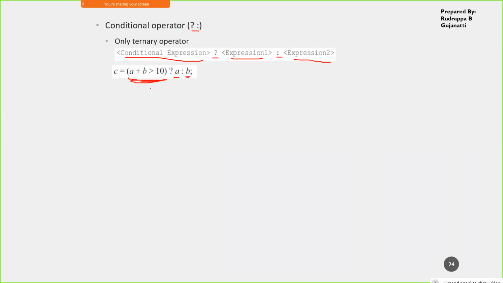How this gets executed is, this expression is evaluated first. Let us assume that a is equal to 10 and b is equal to 5. So what is 10 plus 5? It is 15. Is 15 greater than 10?